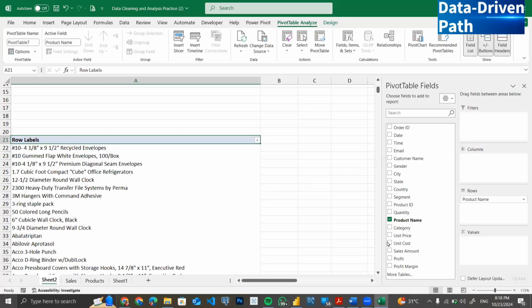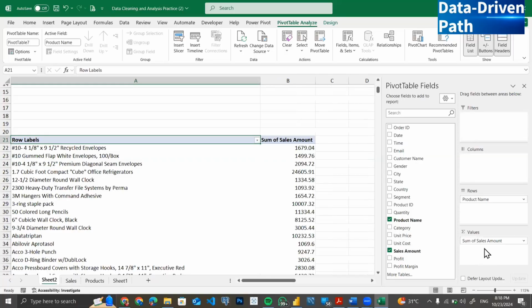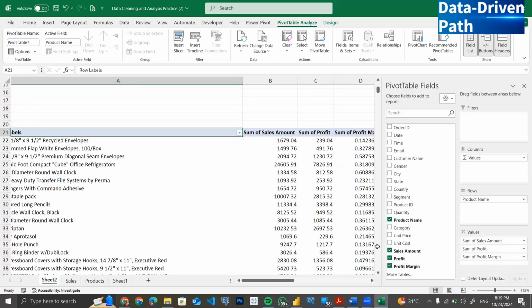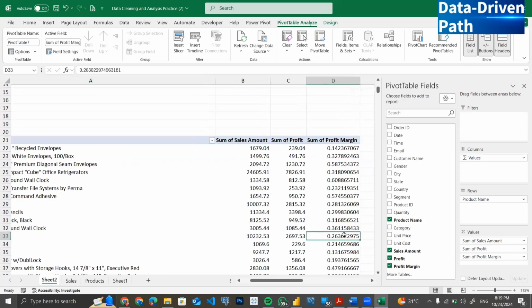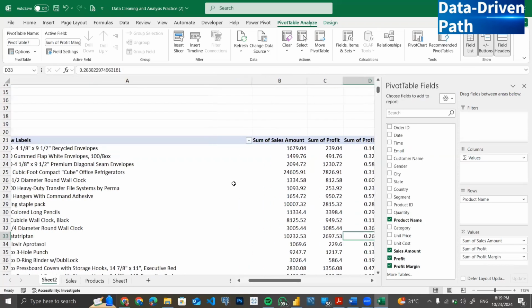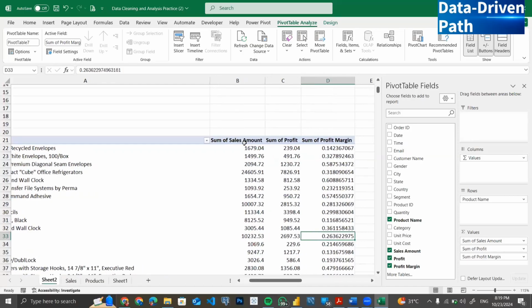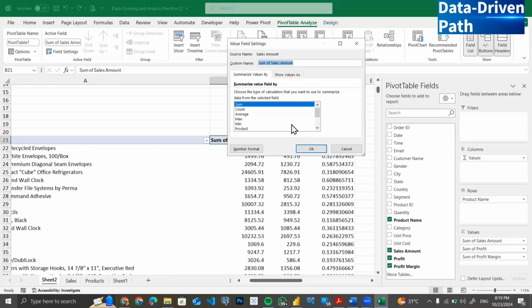So what we're going to do here is I'm going to put in sales amount to values, profits to values, and profit margin to values as well. Okay, so now let us quickly go ahead and format it. Okay, your sales amount,